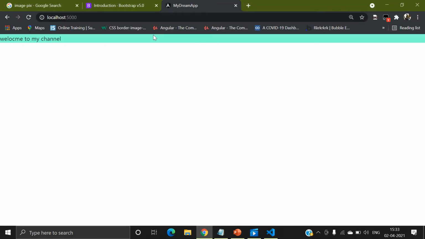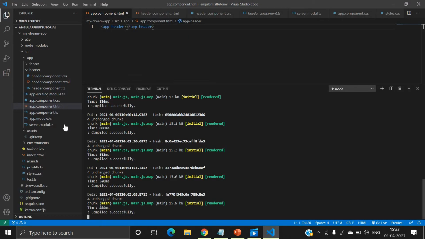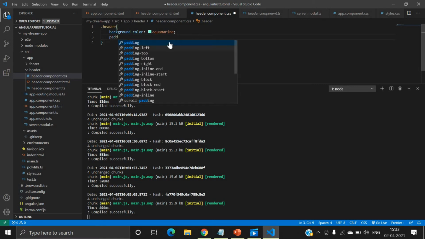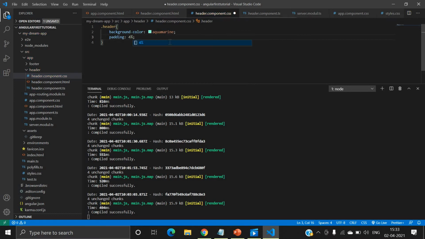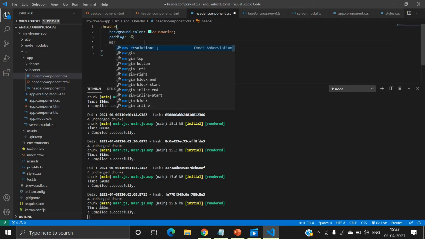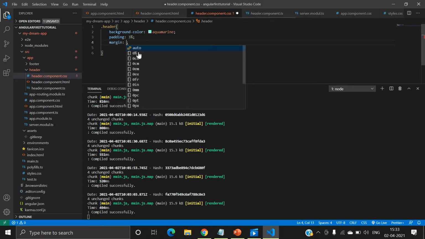I think it is not looking good, so we will use some CSS properties like padding. I think 4% is enough, and if you want more, you can use it. Second, margin is also 0.